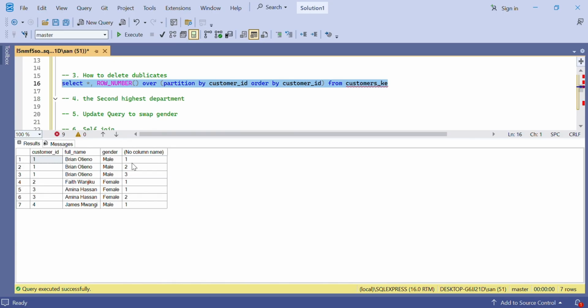We'll only go. So the question is how to delete the duplicates. So the duplicates are, for example, in customer ID 1, the duplicates will be the row number 2 and 3. For customer ID 2, there's no duplicates. For customer ID 3, the duplicates will be row number 2. So let's call this one as RN,